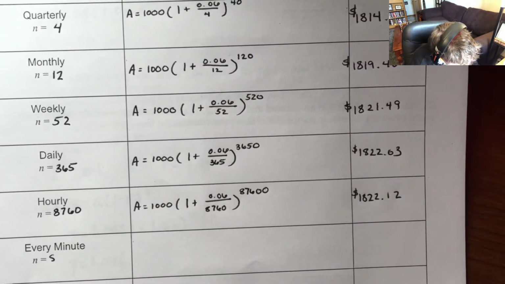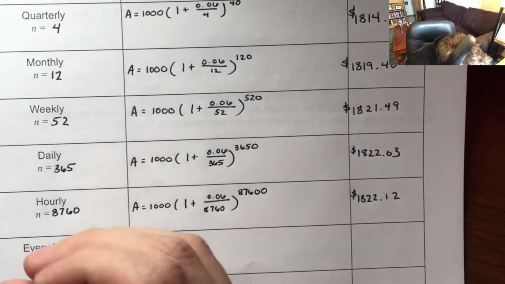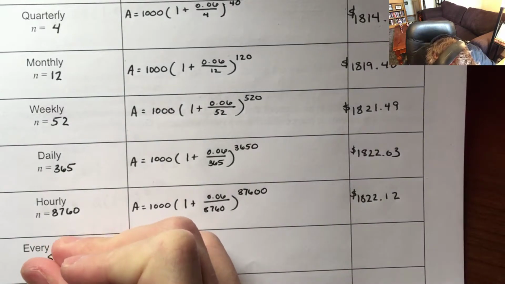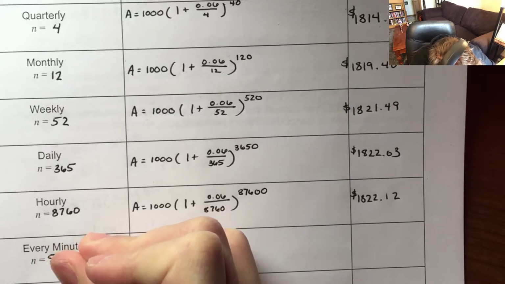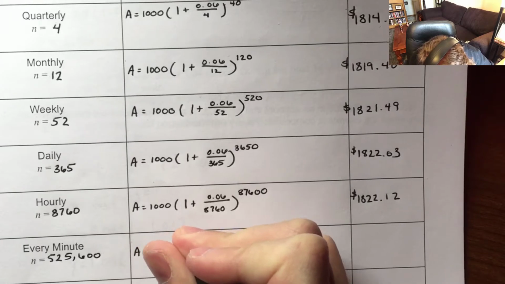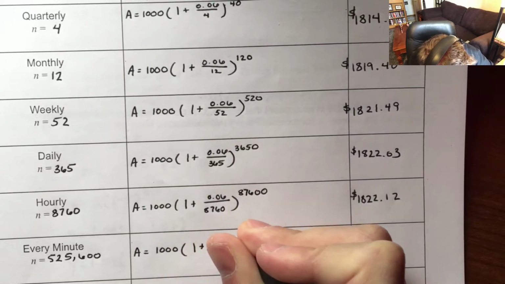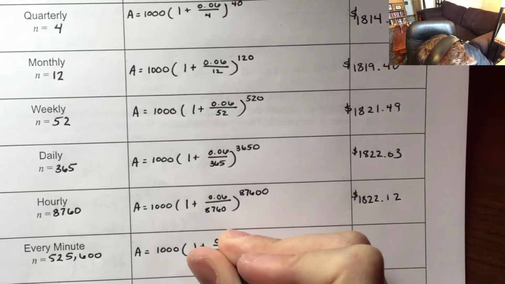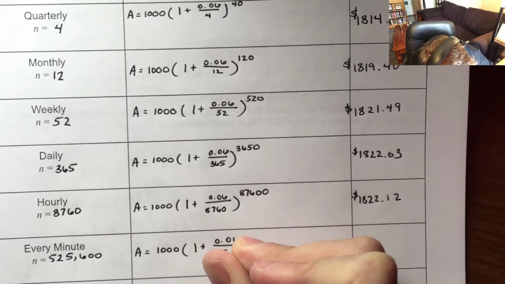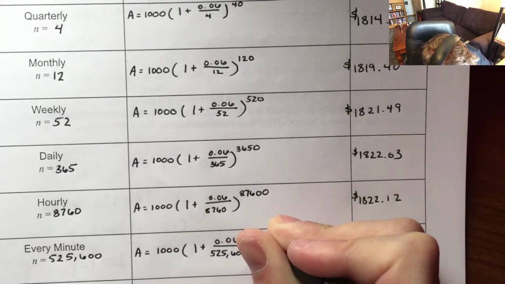Okay, let's do minutes. So there's 8,760 hours in a year, and I multiply that by 60 to figure out the minutes. It's 525,600. Okay, and we're going to take our 6%. We're going to divide it by 525,600. We're going to raise this to the